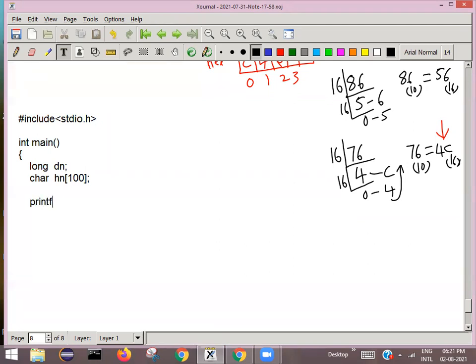First we use the prompt message, asking the user to enter a decimal number. Now read the number: scanf percentage LD, then the address of the decimal number.